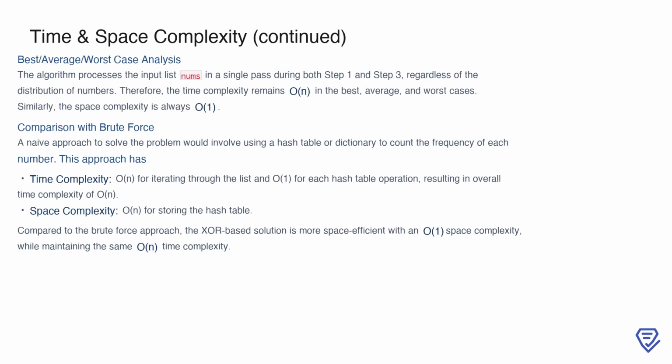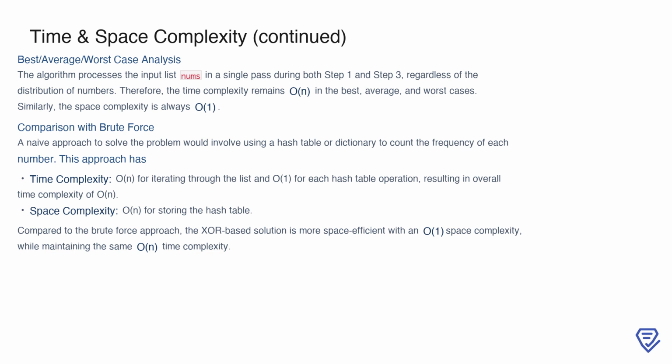When analyzing the best, average, and worst cases for this algorithm, we find that the time complexity remains O(n) in all cases. This is because the algorithm always processes the input list nums in a single pass during both step 1 and step 3, regardless of the distribution of numbers. Similarly, the space complexity is always O(1), as the algorithm does not require any additional memory that depends on the